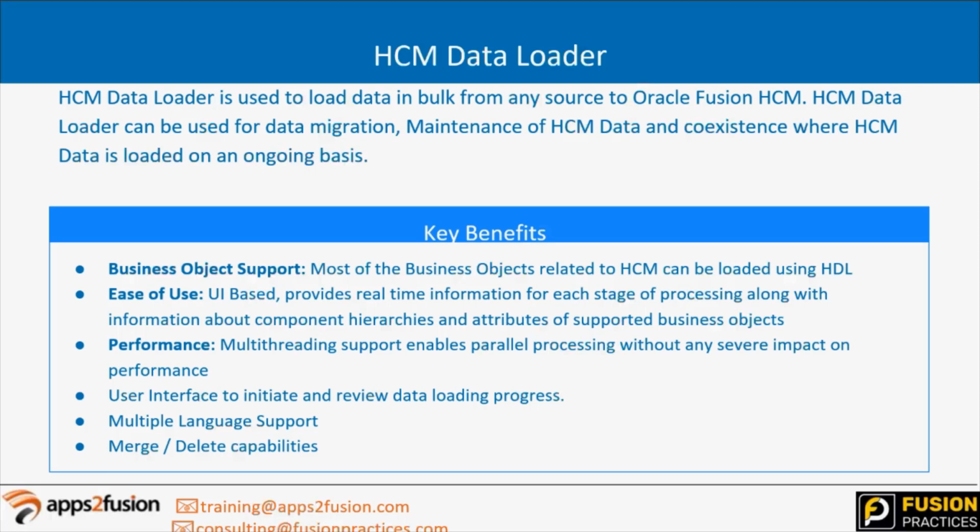We also have the multi-threading option supported in HCL, which increases the performance and will not be impacted by our data size. If we have 1 lakh records, we can increase the threads option, which will process all the records in parallel and will not impact the performance. This also provides multi-language support, which supports the UTF-8 option, where you can change the language and try loading. It accepts all that information.